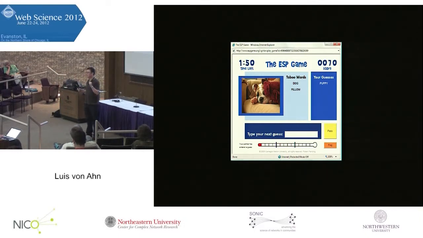As Nosh said, Google actually acquired this game. They changed the name to the Google Image Labeler. And then they used it to label a very large fraction of images on the web, and from that, learn how to do better image search. And now image search got a lot better, and then there was no need for the game, so it's done. It worked. Okay, so that was the first project that I worked on in this area.